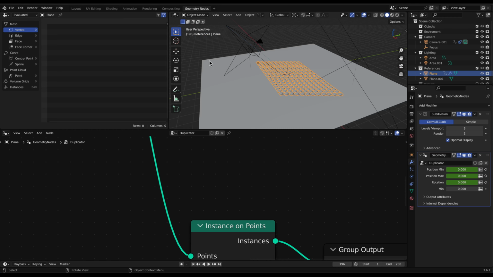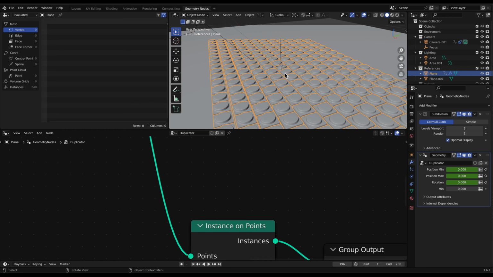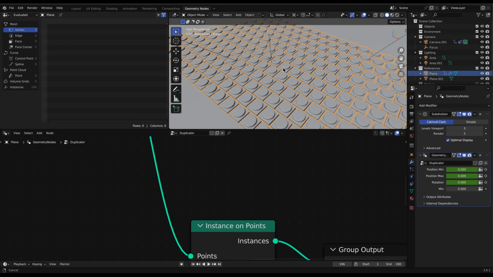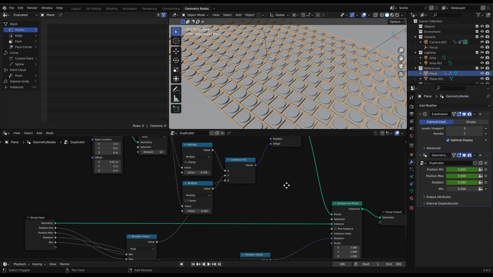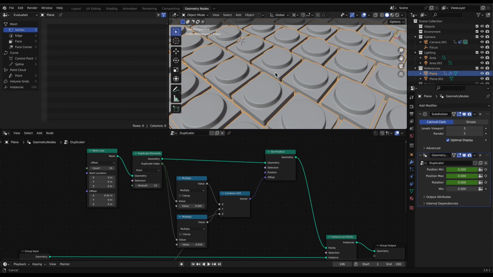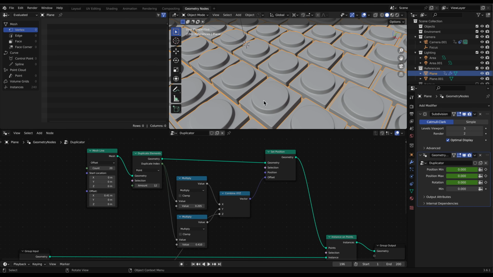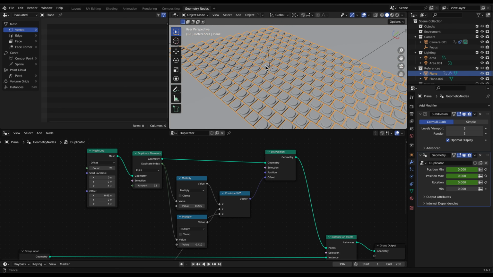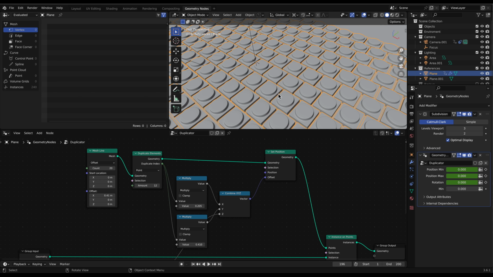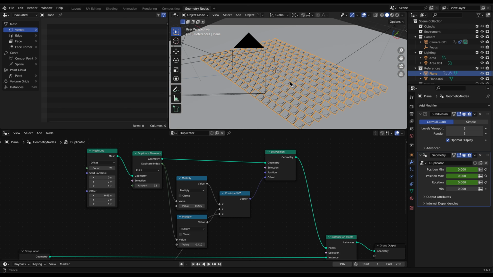So basically what an array does is take a single object and duplicate it, which in this case is all done in geometry nodes. But basically what's happening is it's duplicating this object here, and it all has the exact same properties, and it's considered an instance of the original object.